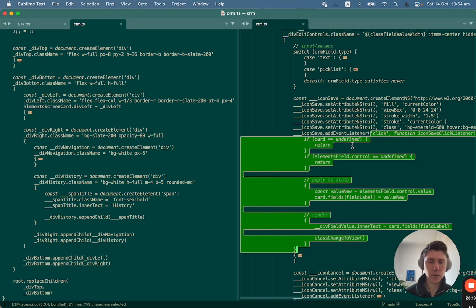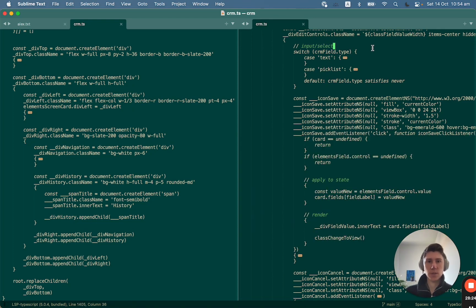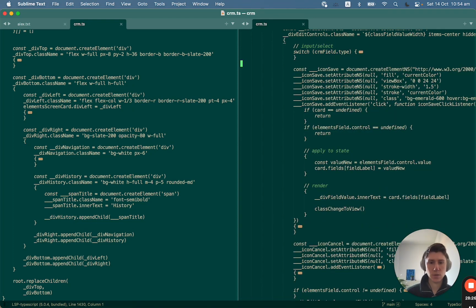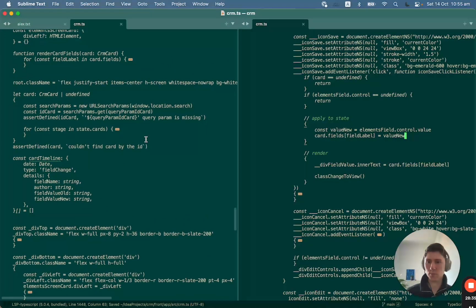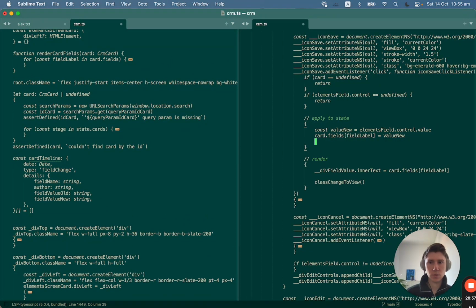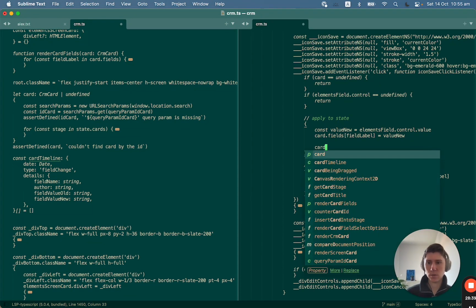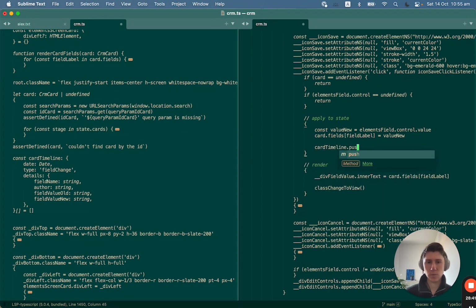This is the save functionality. This is the save functionality. And whenever we change the card value, we want to go ahead and populate the card timeline, push